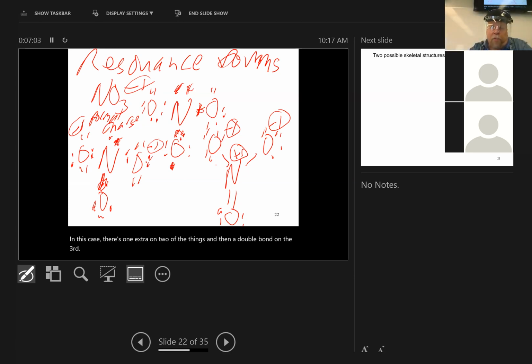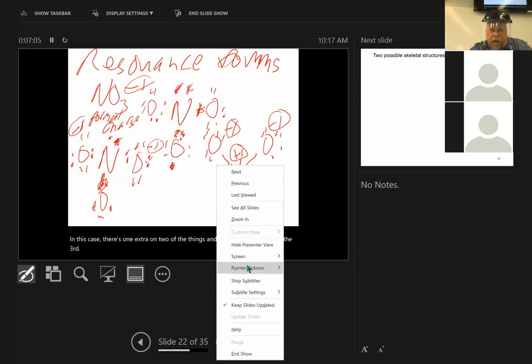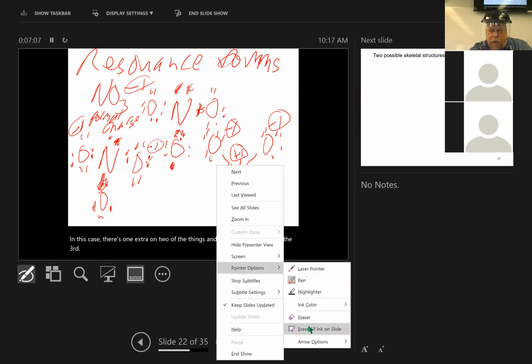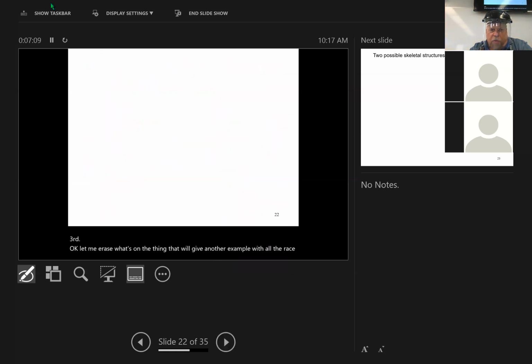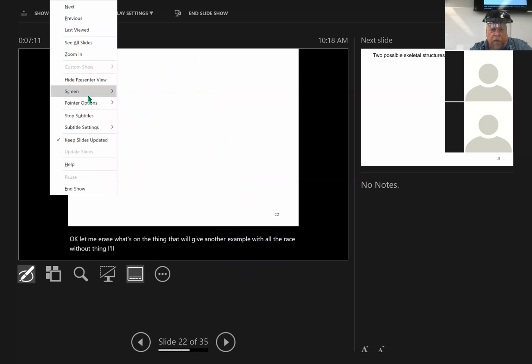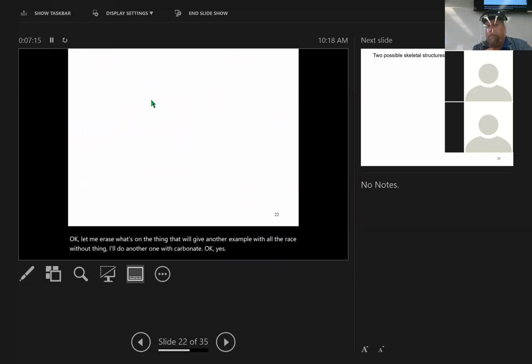Okay, and let me erase what's on the board, and we'll give you another example. I'll do another one with carbonate. Okay, Dr. Douglas, yes. But with nitrate, would all of the oxygens get an extra electron or just one of them? Just one, and the extra electron comes from the nitrogen, which gives it up happily because it will form a double bond with another oxygen. And I'll show you with carbonate. Now, carbonate,